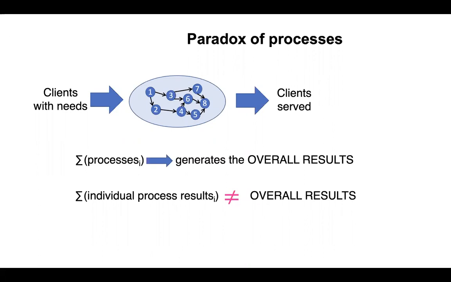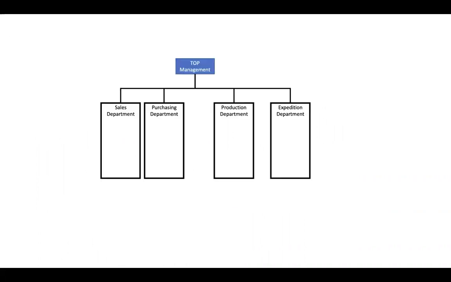Okay, some processes must be subordinate to others in order to get what we call the overall maximum. So in an attempt to explain this paradox, I will try to use an illustration that compares the performance of a process, a horizontal entity, with departmental performance, a hierarchical or vertical entity.